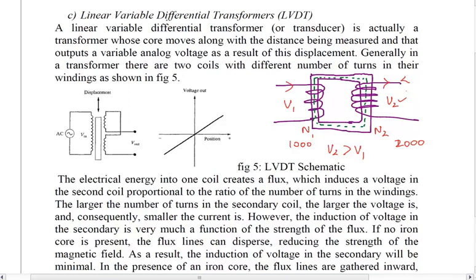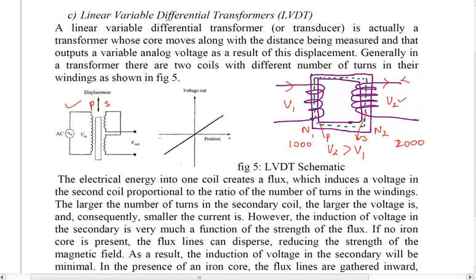It's basically the power is going to be the same, the energy that is transferred is going to be the same with losses, but what we will have is we can have a step up or a step down. Now what we are having here in an LVDT is similar to a transformer, where this is the primary and this is the secondary. Now what is the primary here? This is called the primary side and this is called the secondary side.